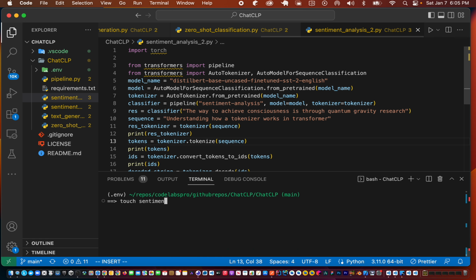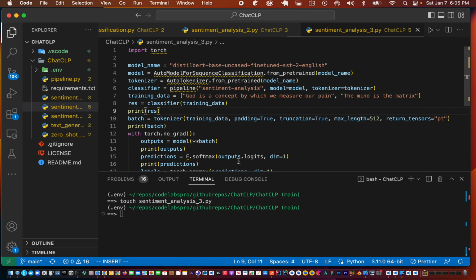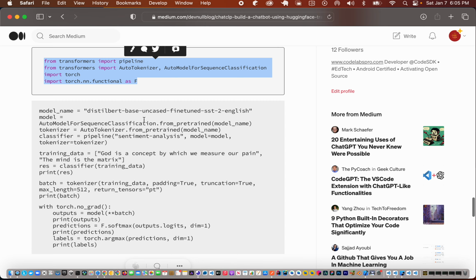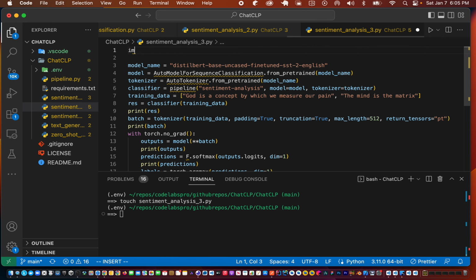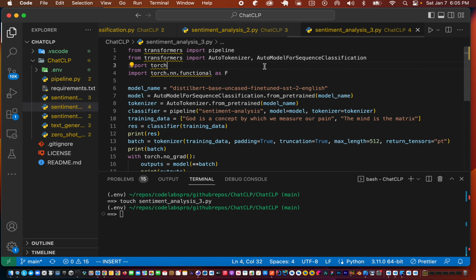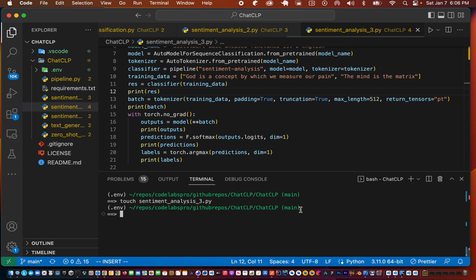So this is a pre-trained model again, and we are giving it the training data of God is a concept by which we measure our pain, and the mind is the matrix. And in this case we're using PyTorch, so we have to import these imports. So in our imports we can have torch and also import this as functional model. So if we run this one,